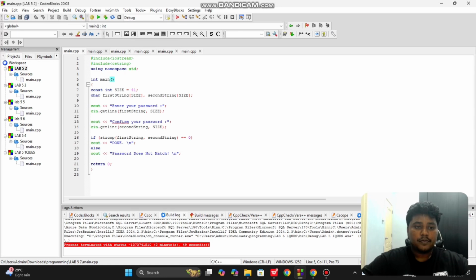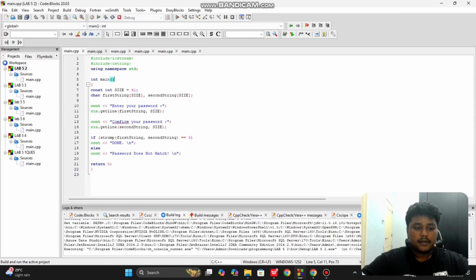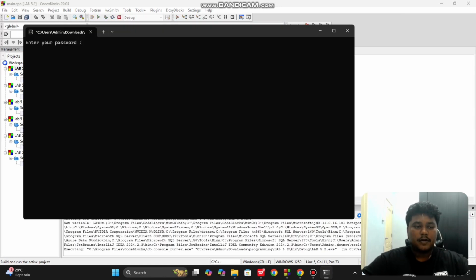So right now I'm going to run the program. Alright, it shows enter your password. For now I'm going to key in an error password. So I'm going to type 12345 and I'm going to type here 12435. Right, it shows password does not match because